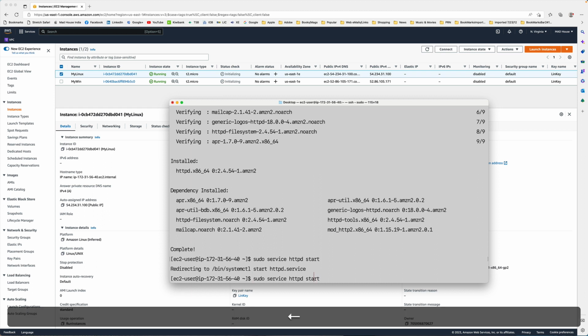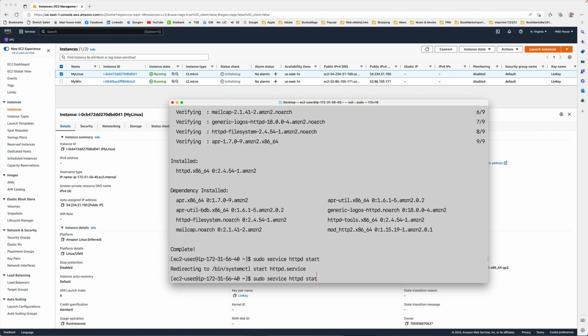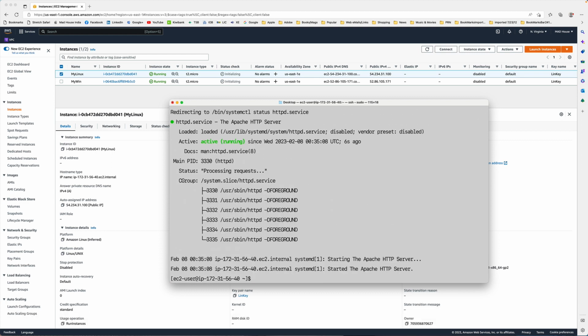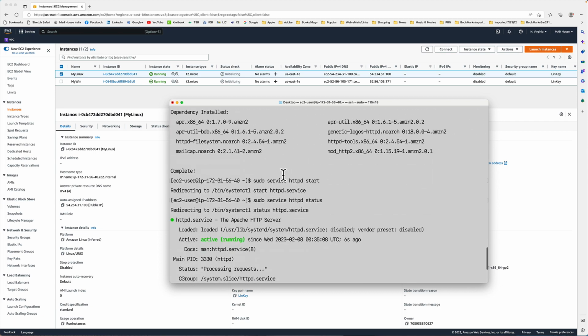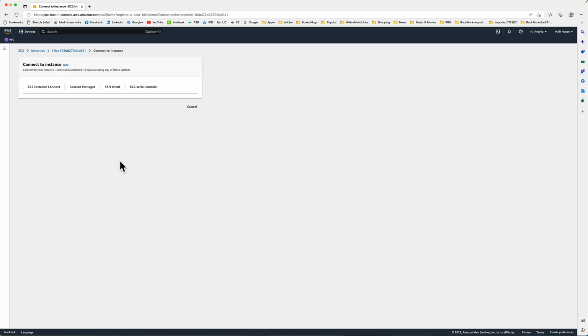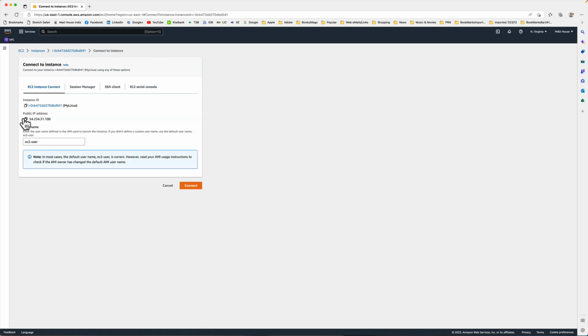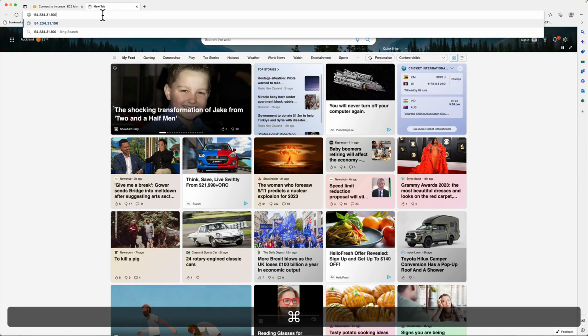Sudo service httpd status. Here it is. Now my web server is running. That means if I just type this IP address, which is 54, here it is, on this private IP address, but this is the public IP address. If I just click on connect and copy this IP address, click on the browser, type it,